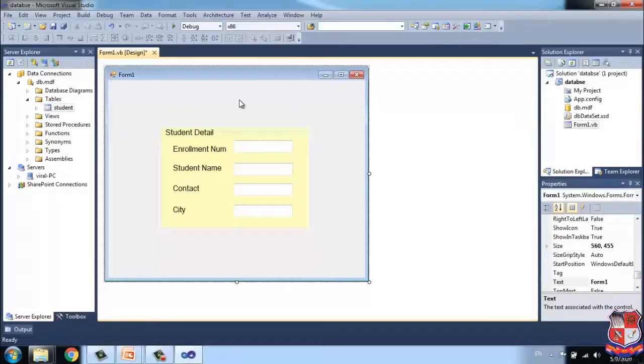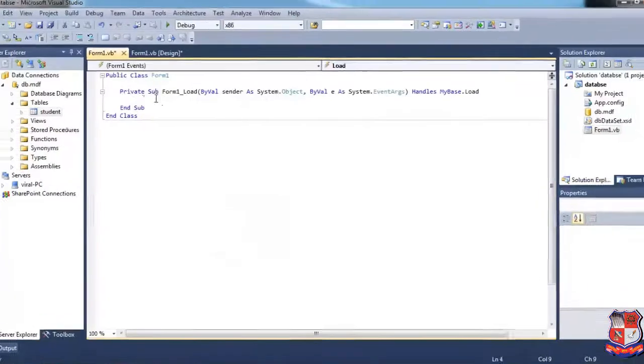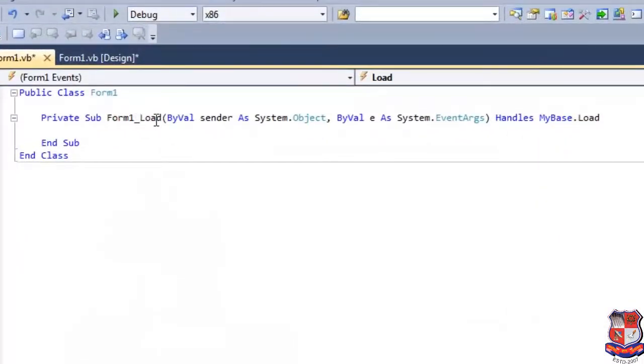Simply I will click on the form to go to the coding page, in the Form1 load event. Before using our SQL Server database, we have to include its namespace.